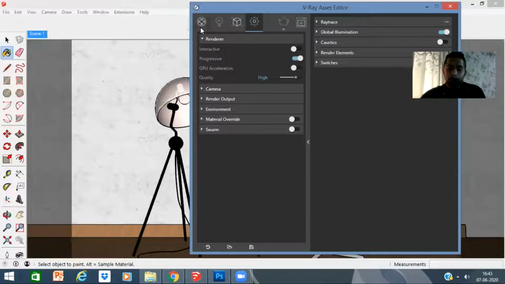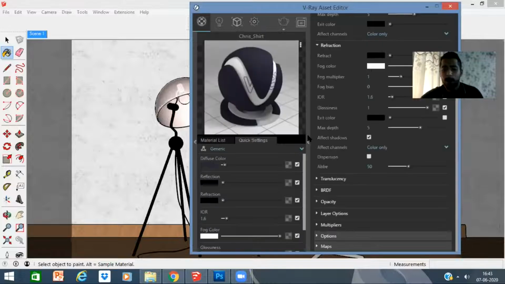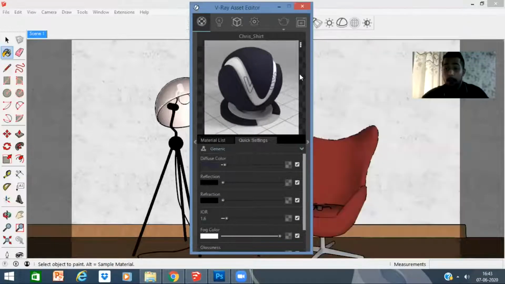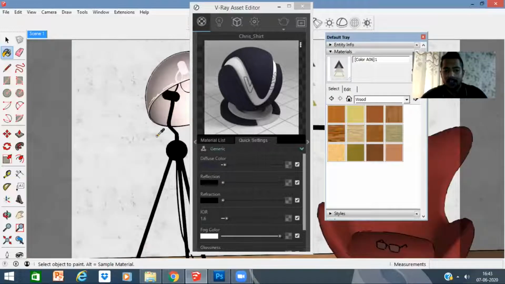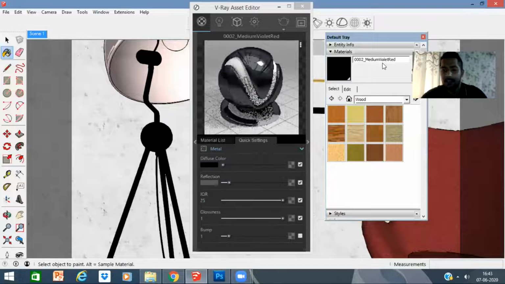Now, when we talk about materials right now, guys, I'll just show you how to edit a couple of materials. It's not difficult. It is difficult to see the perfect material, but it's not difficult to edit materials. Okay. So all we're going to do is I'm going to take my bucket tool, guys, in SketchUp, right? And I'm going to just select this material over here. You can see medium violet red. And you can see this material has come up over here. Now in the SketchUp model, the material is black, right? There is no effect in the SketchUp model. But where is the look for the material? It is in front of us over here.